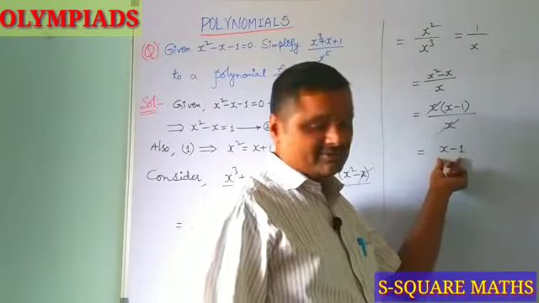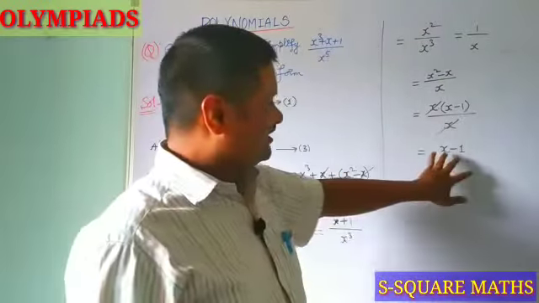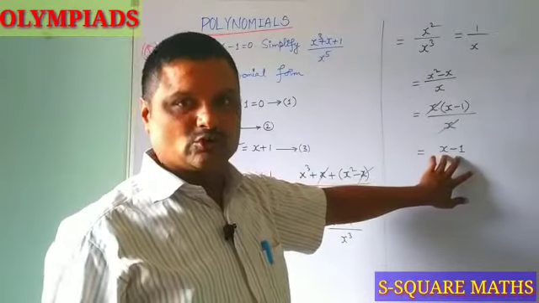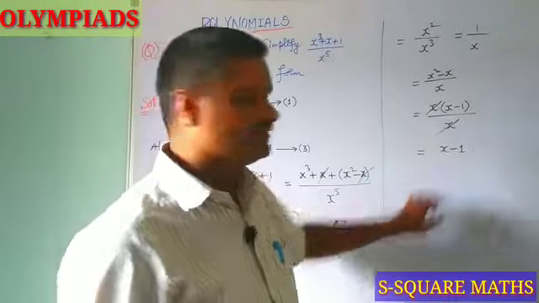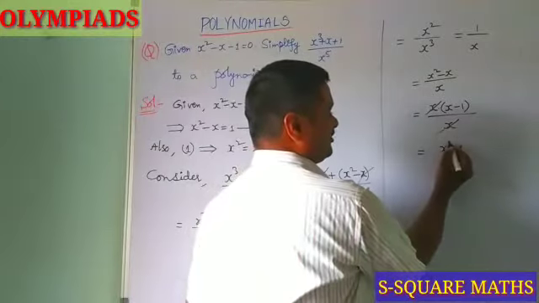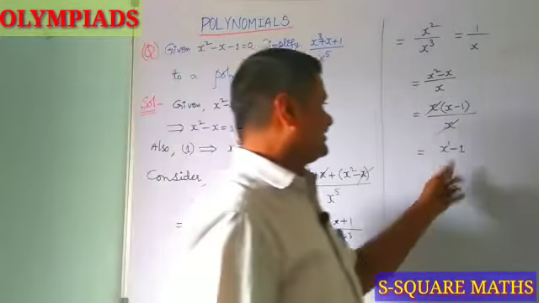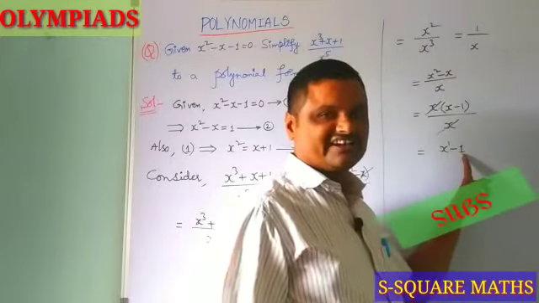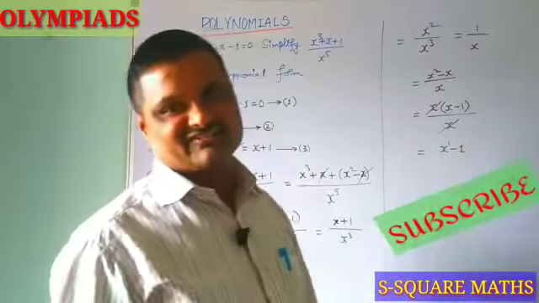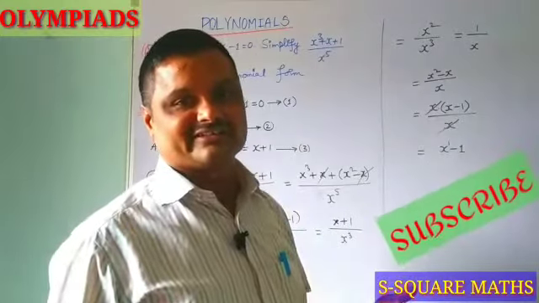How can you decide it is a polynomial? The exponents of the variables in the 2 terms should be non-negative integers. So x is nothing but here x power 1. So exponent is 1, a non-negative integer. Here 1 is nothing but a constant. We know that the degree of a constant is always 0. Again still a non-negative integer.